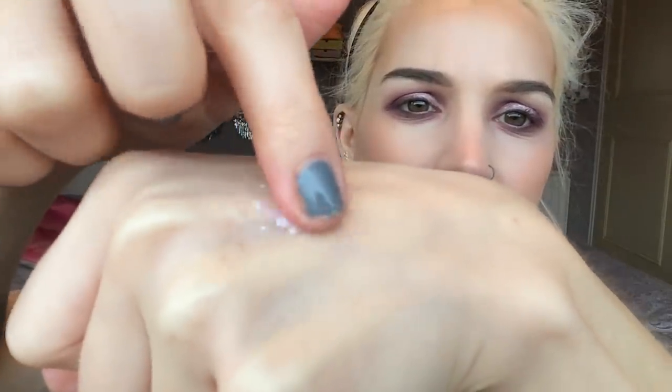I can't speak, why can I not speak today? But this definitely comes in more shades than this, but I decided to go for this, and I got it when it was in the sale, so it only cost me a few pounds. So it comes in this tub, and if I just tip some on my hand, can you see her there? I believe she's meant to be an icy pink. So if I just...